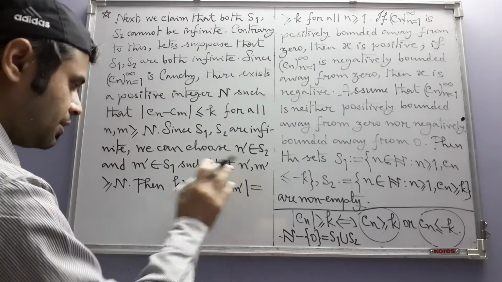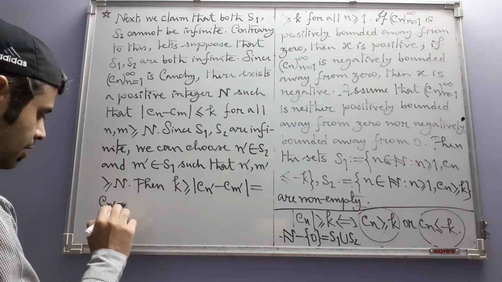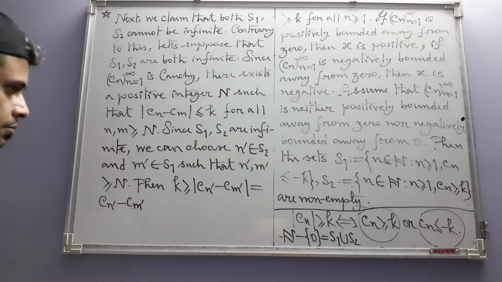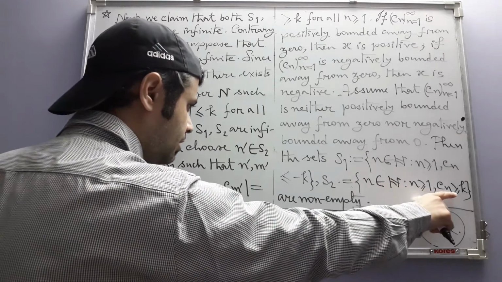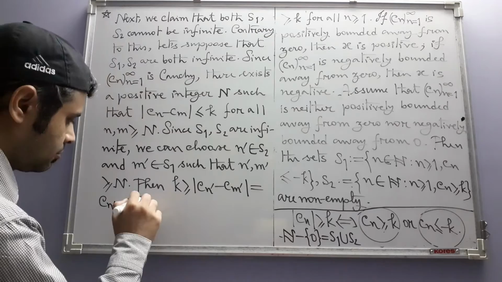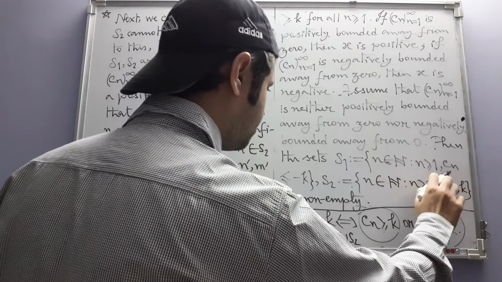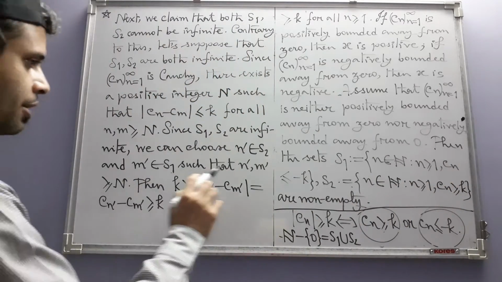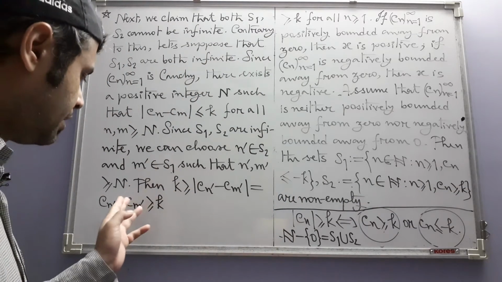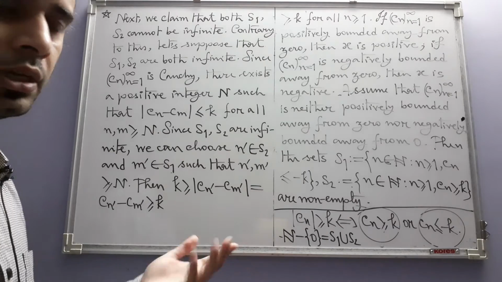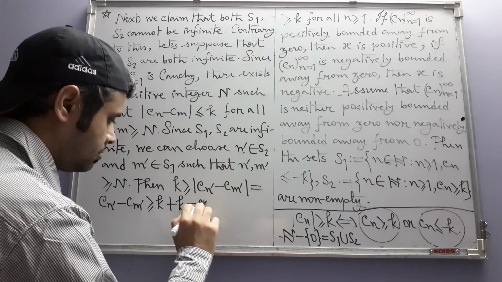So this will be positive, and that's why this absolute value is equal to Cn prime minus Cm prime. Now Cn prime is greater than or equal to k, and Cm prime is less than or equal to minus k, or minus Cm prime is greater than or equal to k. So this is also greater than or equal to k, that is equal to 2k,